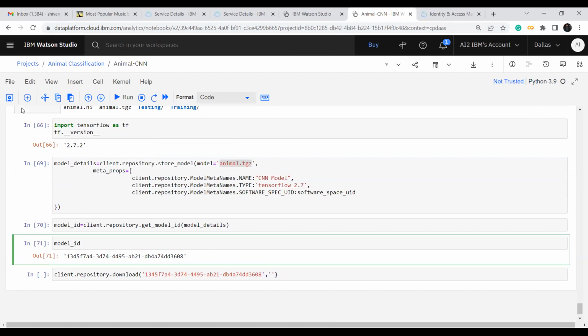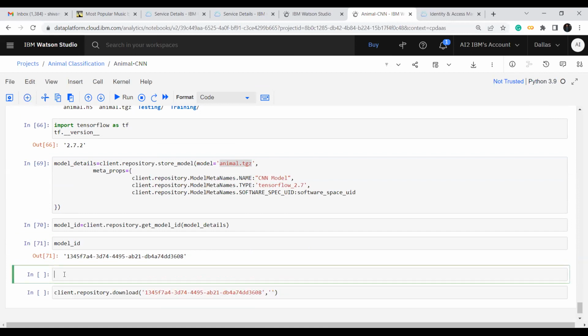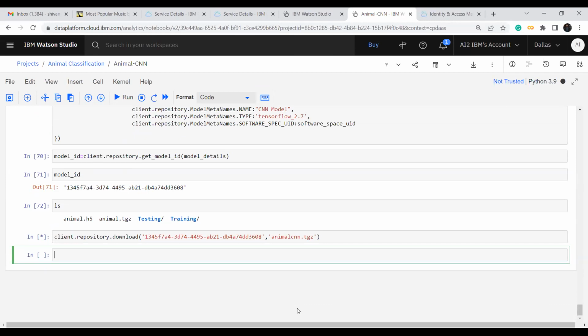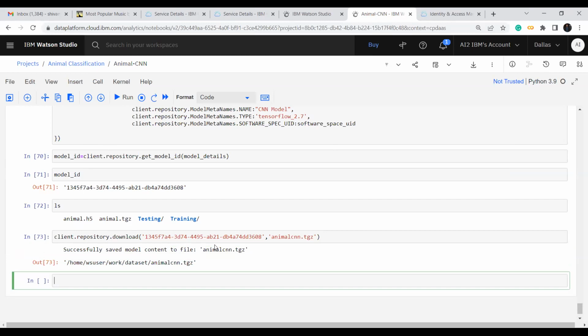Right now I will show you firstly ls. I'm just giving any name. Right now it's animal.tgz. You can give any name. I'm just giving animal CNN and running this. It takes some time to download from the repository, which is going to validate with this client and check this model ID. Now here you can see if I run this ls now,